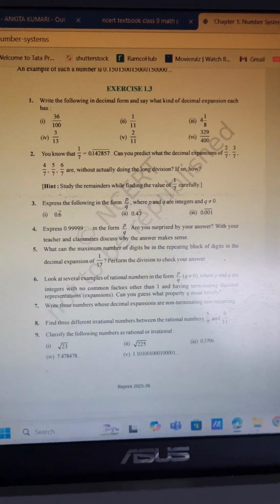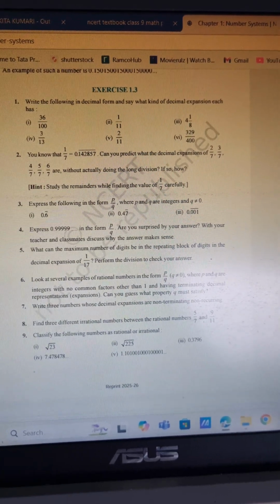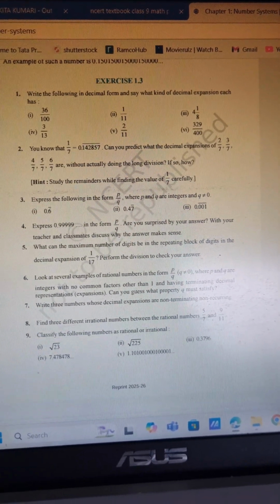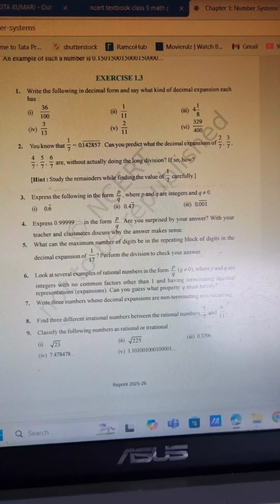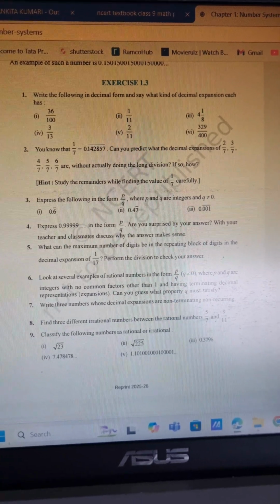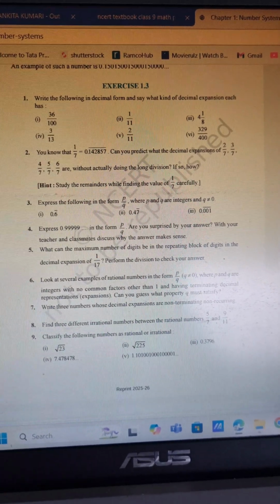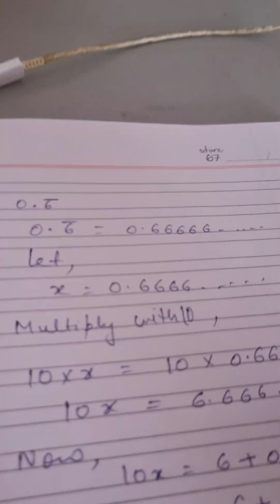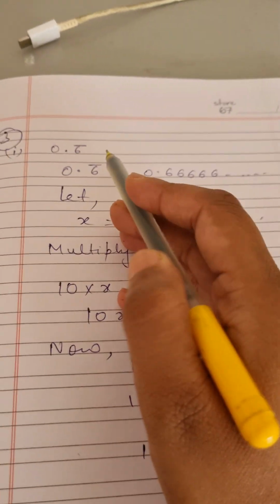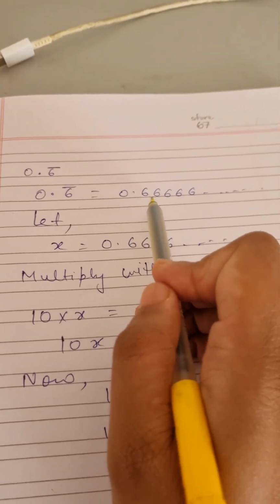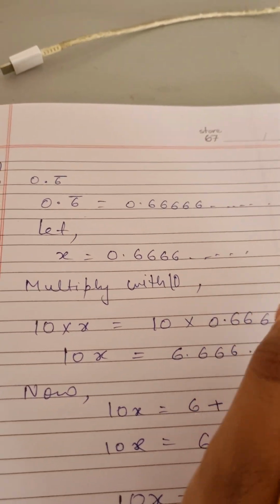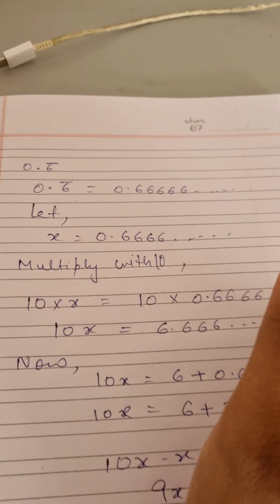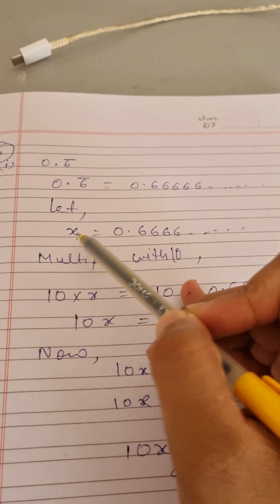Now let's start with the third question, which is: express the following in the form of p by q, where p and q are integers and q is not equal to 0. The first question is 0.6 bar. Now 0.6 bar means 0.66666, and it goes on continuing, right? So now let us consider x is equal to